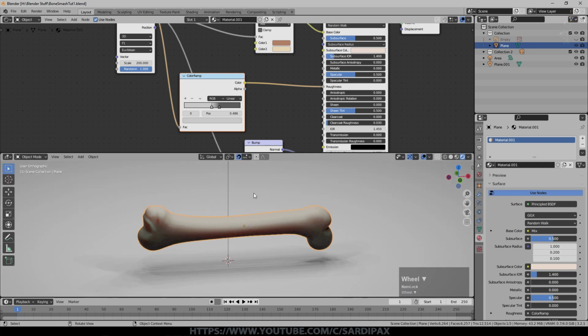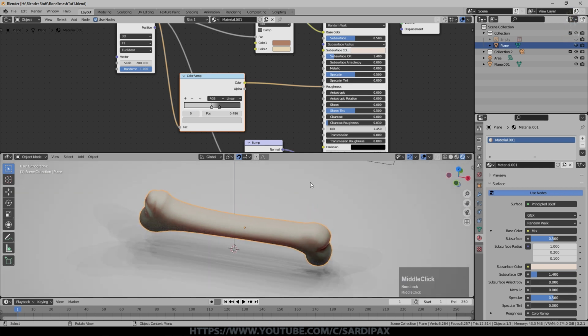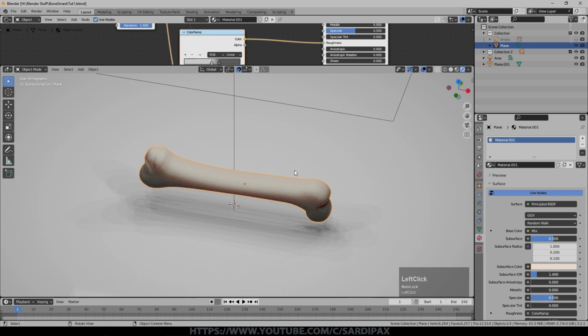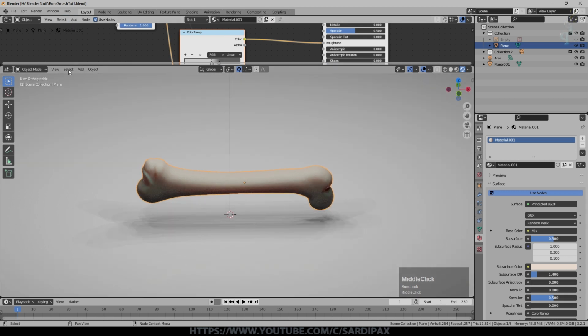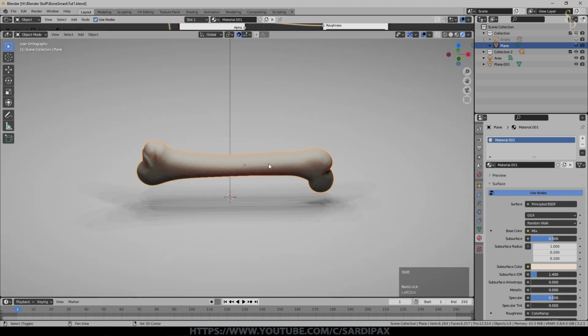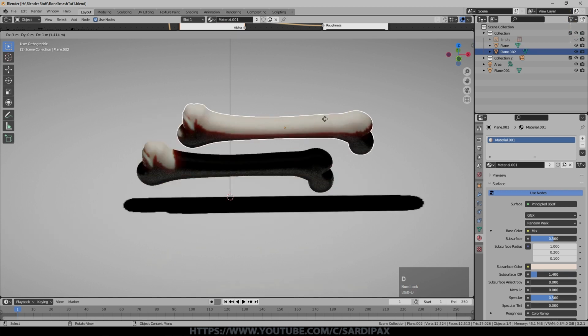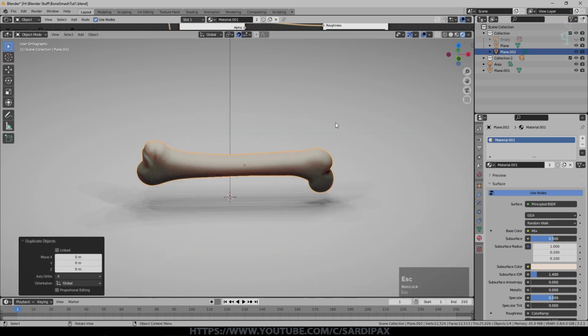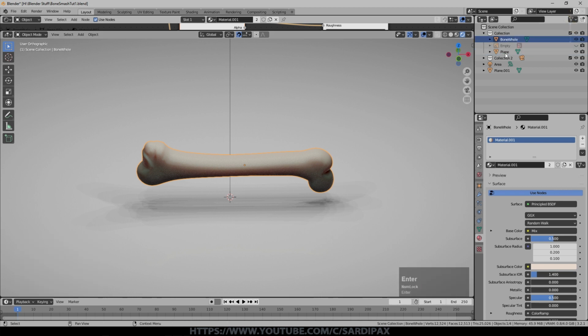So now how do we fracture it, and more importantly, how do we fracture it in a particular place? Fortunately there is a useful little quick effect. Before we do anything else though, I'm just going to press Shift D to make a duplicate of that bone, and then press escape so it goes back to where it was. I'm going to call that bone hole, and the other one is going to be bone fractured. I'm going to switch off the visibility of bone hole at the moment. They're both in the same place, so you can't tell. So the only one we're seeing is the one we're going to fracture.